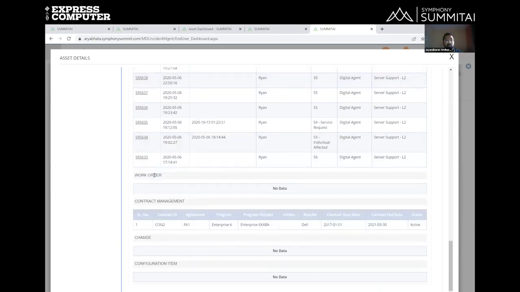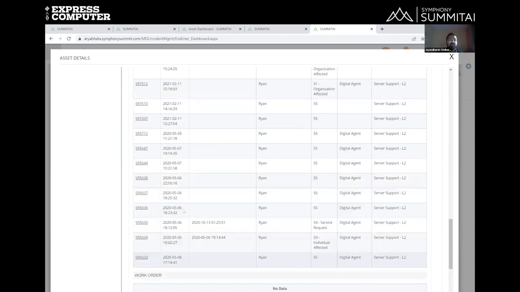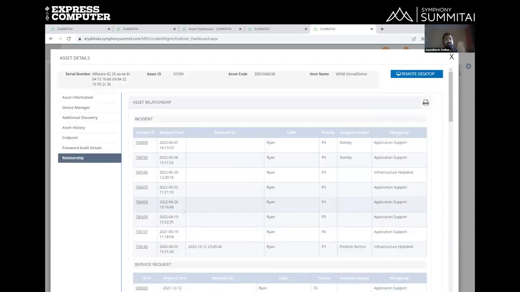So if there's any task which this particular system has gone through, that'll be getting tracked, and we call them work orders. Contracts for this asset, any changes, any CIs. So if you notice, all these modules other than the contract management are part of the ITSM journey. So anything which happens, even an issue which is being logged in, all that gets tracked. And not only that,